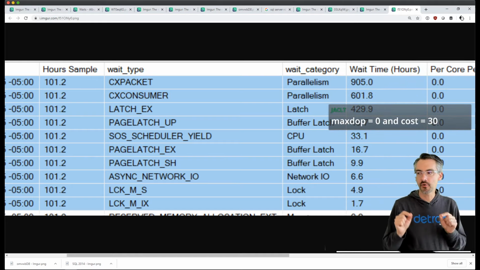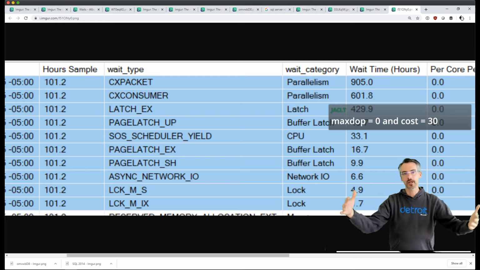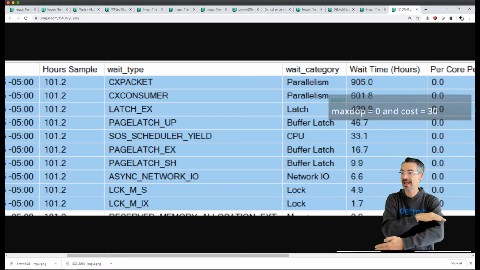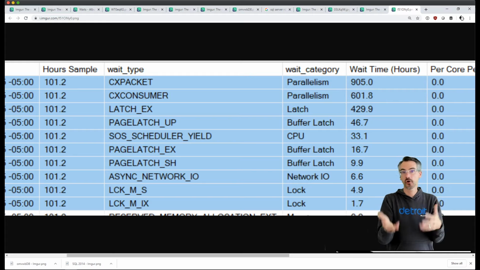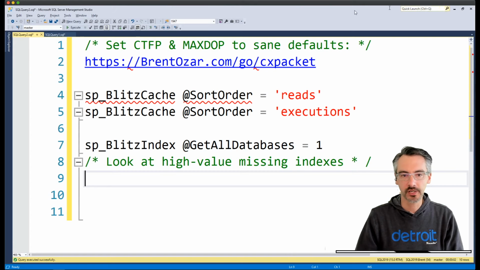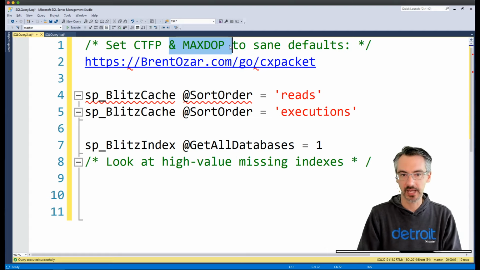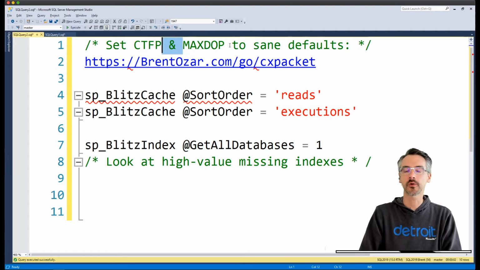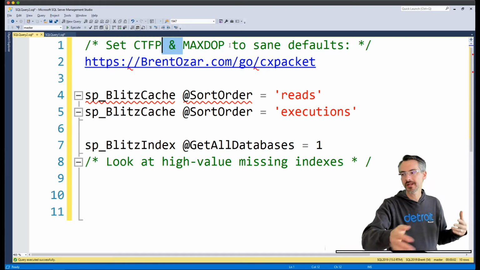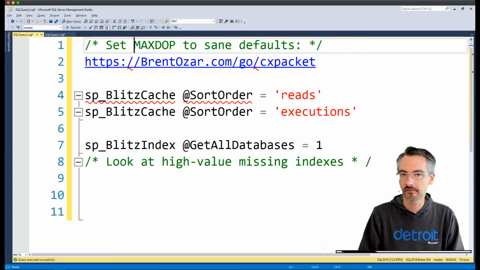Okay, yep. So the big problem that you want to change is your MaxDOP. Queries are going parallel across way too many cores, and there's an overhead, especially when SQL Server doesn't balance that work correctly across all of your cores. So numero uno for you will be setting cost threshold for Parallelism and MaxDOP to sane defaults. Your MaxDOP's okay. I want to say your MaxDOP you said was 8. No, it's the other way around. You said your CTFP was 30. I'm okay with that. Usually you'll see me quote a range of between like 40 and 70. I'm okay with 30 though. MaxDOP is going to be the big one for you.